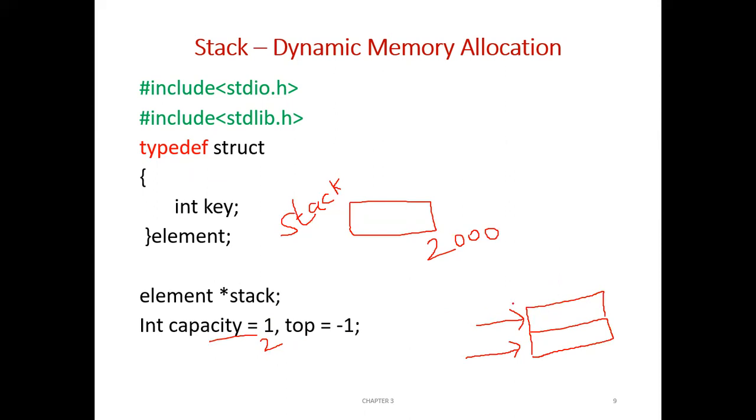Previously the stack could hold two elements. Now it will become 4. So again, we'll increase the size of the stack in such a way that it can hold 4 elements. Already 2 elements are there, so now it will accept 2 more pushes. But again, if you try to push the fifth element, the stack is full. So once again the stack will be doubled. Currently it can allow 4 elements, so now it will become 8.